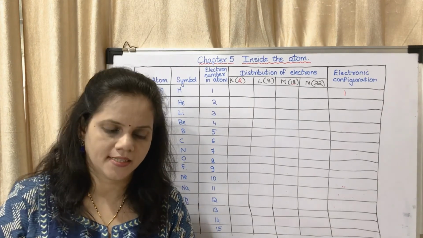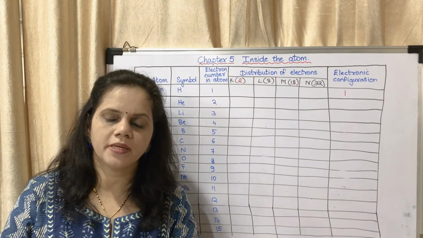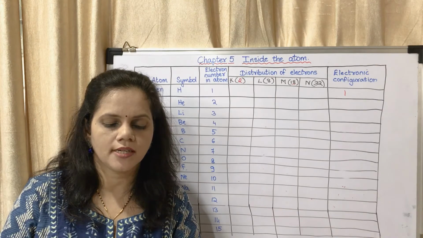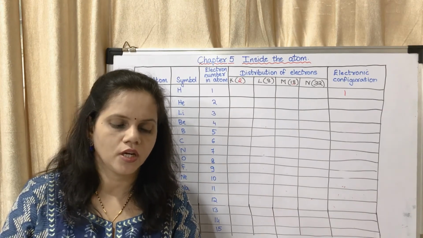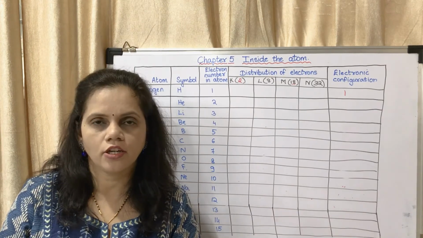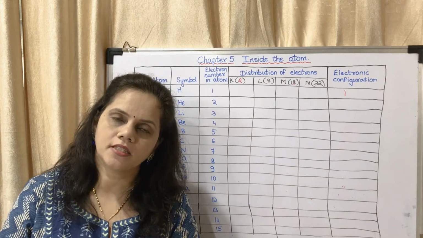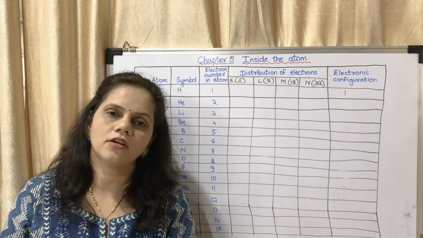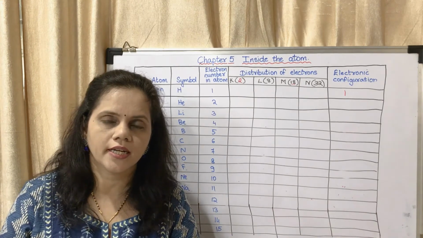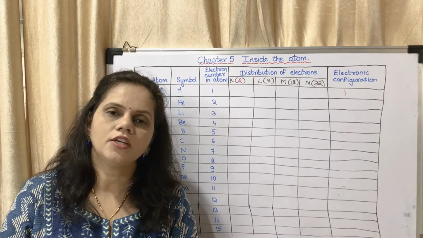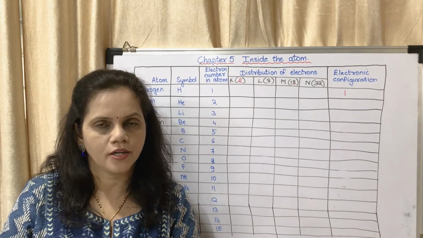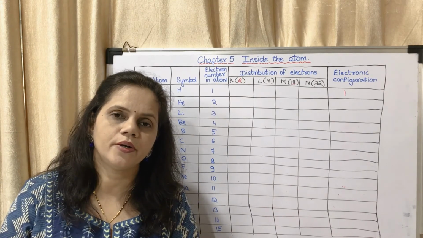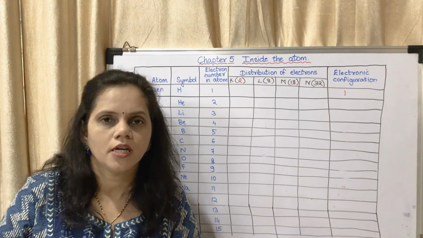The first one is, there is a similarity in the atomic structure and solar system. The planets revolve around the sun due to gravitational force. Which force might be acting in the atomic structure? So in the atomic structure, you know that the protons and neutrons are in the center and electrons are revolving around the nucleus in orbits. So the nucleus can be compared to the sun, and the electrons can be compared to planets.